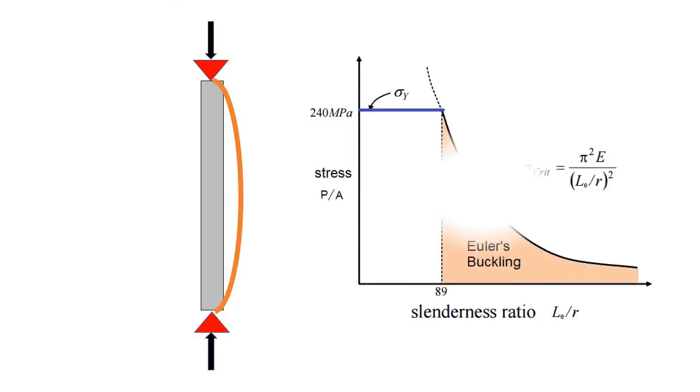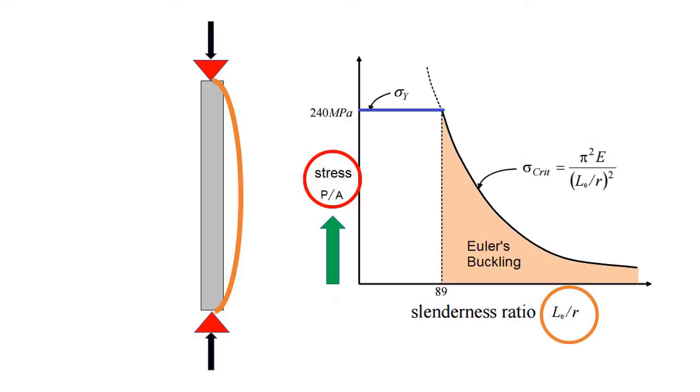So if we have any column which has some axial load, what is the effect? Of course, after a certain amount of load, it will simply buckle like this. Now if you are not familiar with the strength and the slenderness ratio of any column, here you can see that if we increase the slenderness ratio, our stress is reduced. So the best way to increase the stress or the strength is to reduce the slenderness ratio.